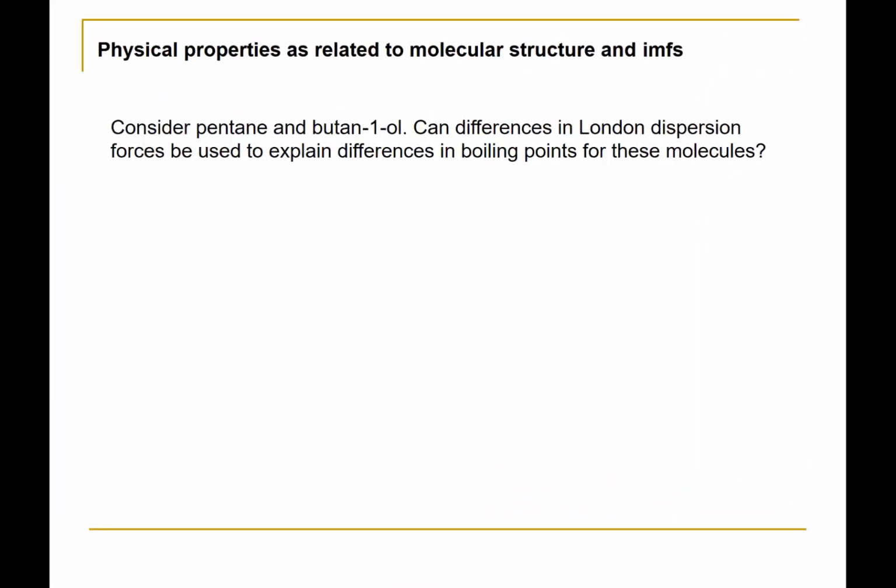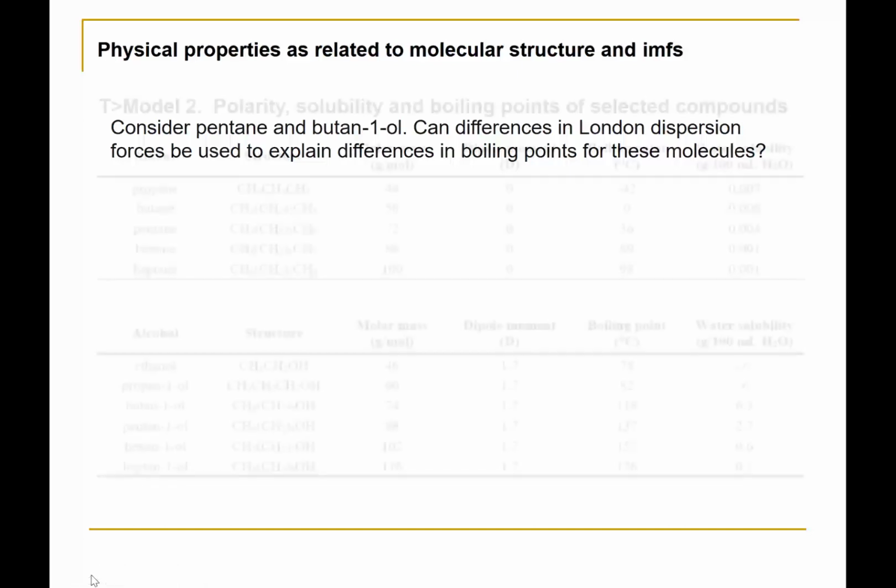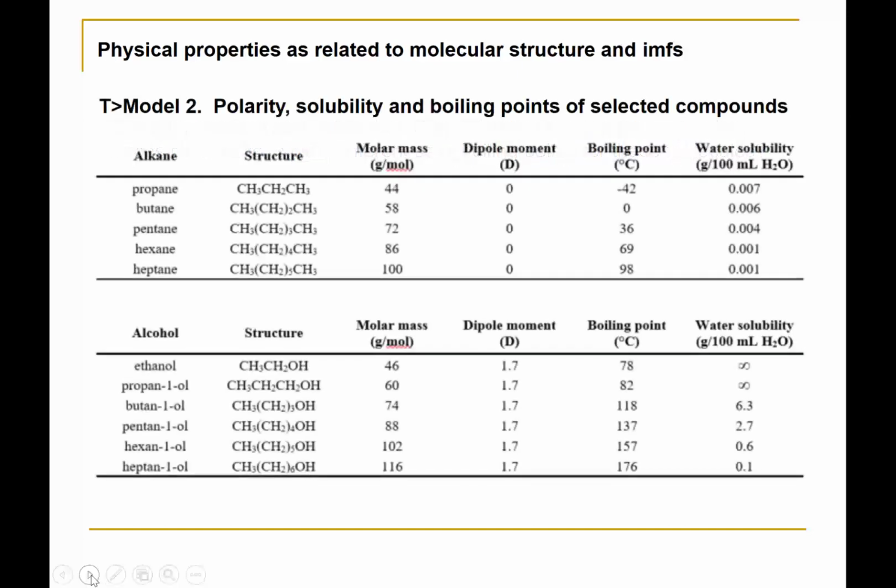Let us now look at the following question, which is one that is asked in your course pack. Consider pentane and butan-1-ol. Can differences in London dispersion forces be used to explain the differences in boiling points for these molecules? To answer this question, we need to go back to teaching model number 2 table and look at the data